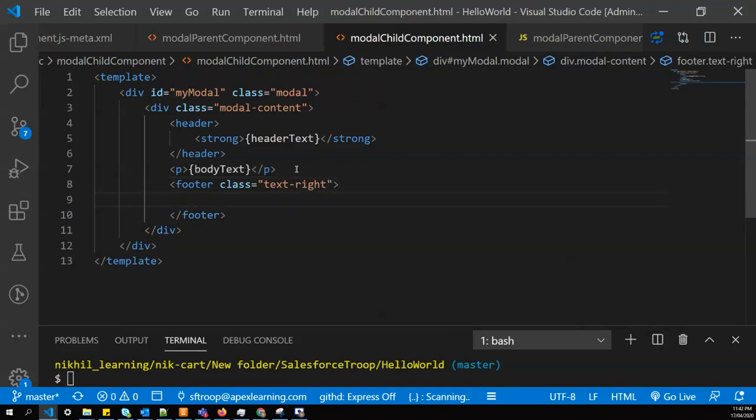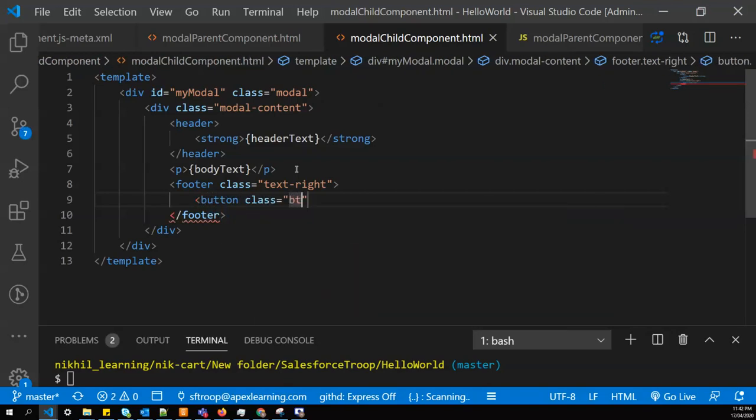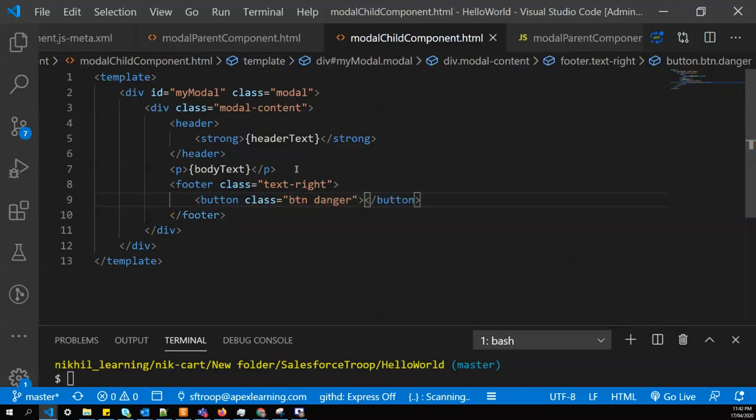I'll add the CSS, and you can get the code in the description link of this video. So button class btn danger, and onclick I'll call one handler, closeHandler. This should be inside the tags, and we'll close this button.